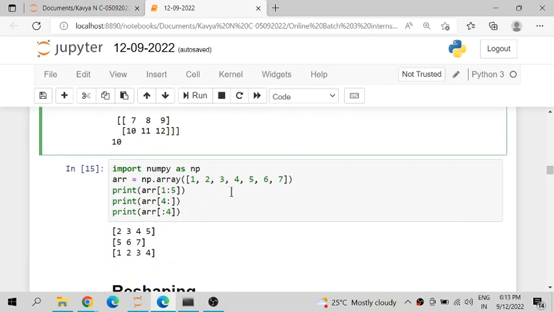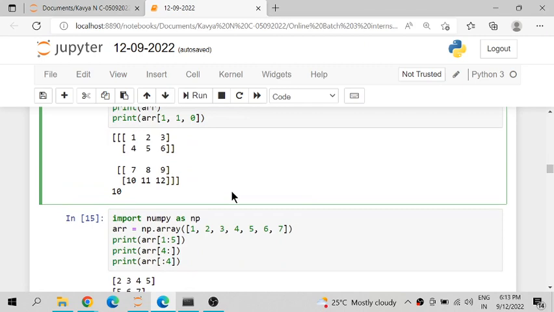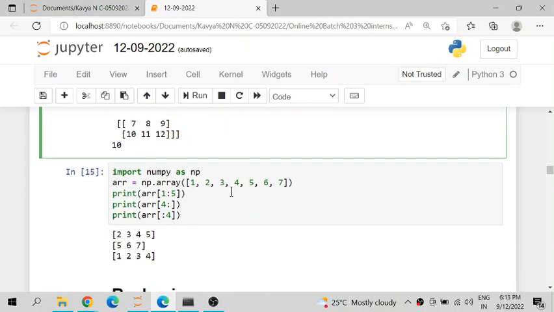So that is how you can use the index numbers to access those specific elements in different ways. So that's the next thing. Next we shall see